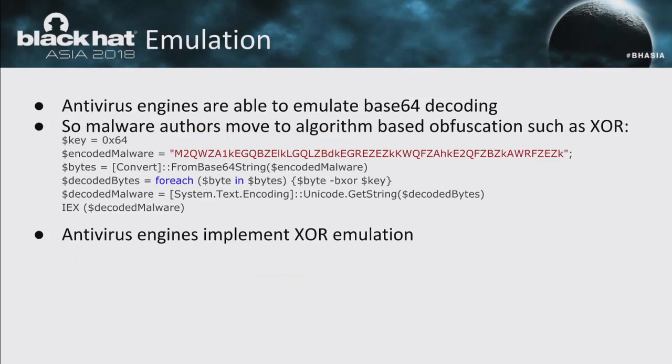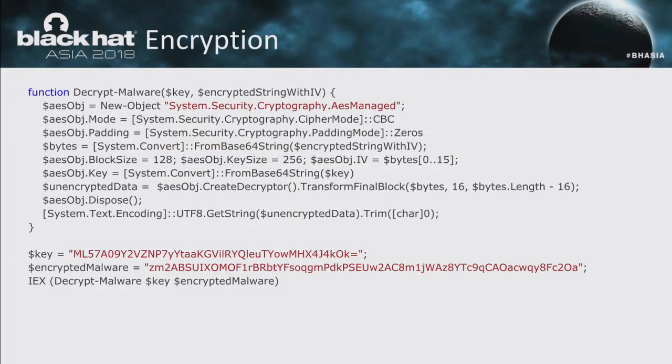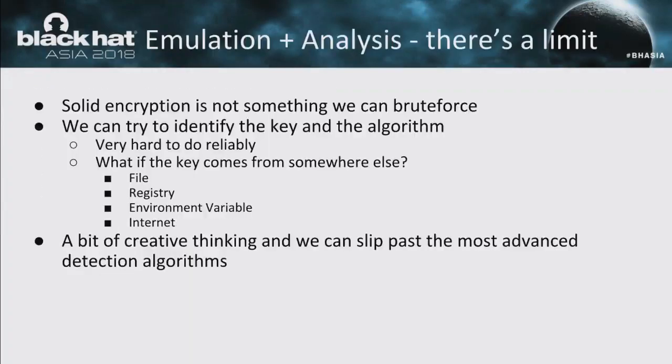And then malware authors begin to use things like XOR-based encoding. So antiviruses implement an emulation for that. Until finally, malware authors realized you could just really run an encryption algorithm, because PowerShell allows you access to all types of encryption libraries that are available to .NET. So you could just simply use AES encryption for that matter, and you're able to execute whatever you want. And for the antivirus, this would be very, very hard to brute force, probably impossible.